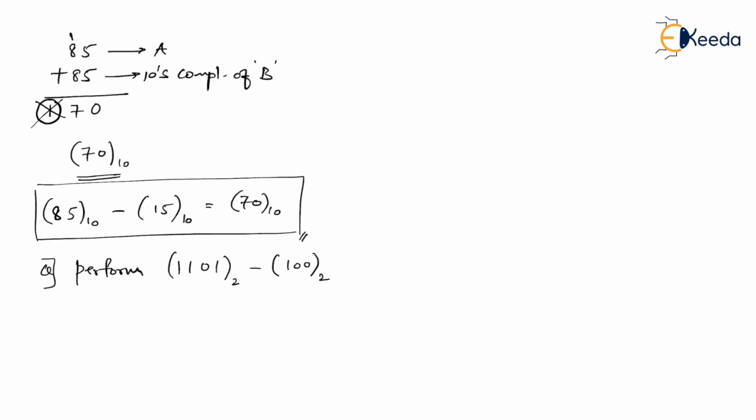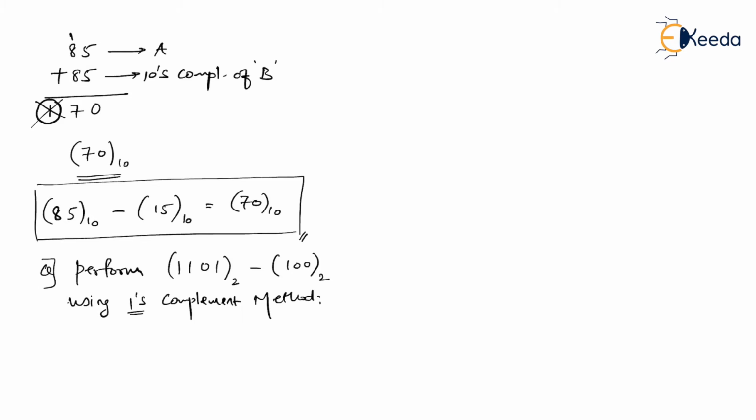can't you see that r equal to 2, meaning that they are binary numbers. If they are binary numbers, then I have only two ways to do that. Either I can use 1's complement method or I can use 2's complement method. So let's perform it by using 1's complement method.